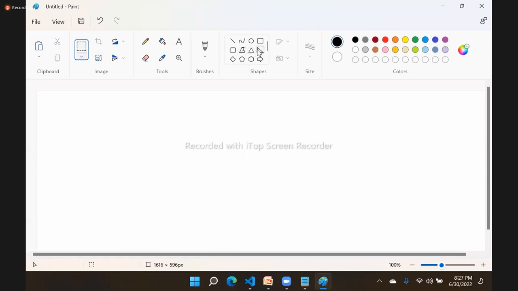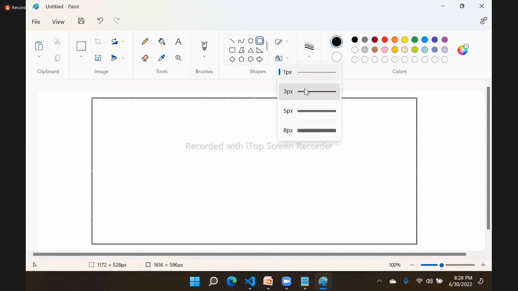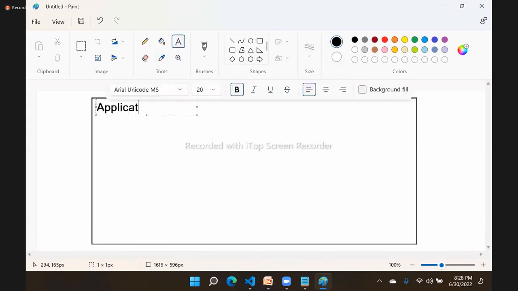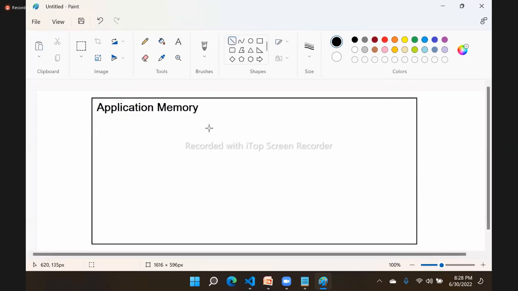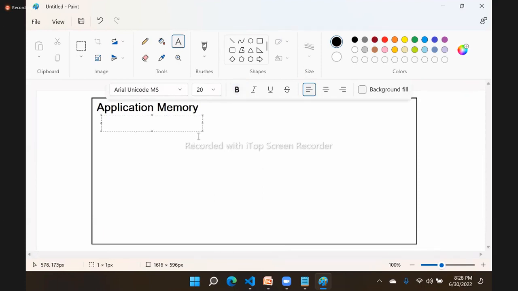See, for example, we have an application. Suppose this is your application, and this is your application memory. In this application memory, usually what happens is we configure